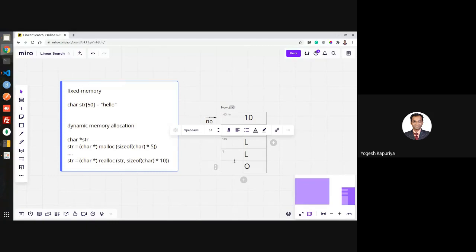You have passed the value, so another variable was created, NO. You have passed the value, that means 10 was assigned to it, right? Then you have changed the content of NO, so the content of NO was changed to 20. Then you have tried to print this, so actually the content of NO is only changed, so you have not changed the content of A. Why is this useful?